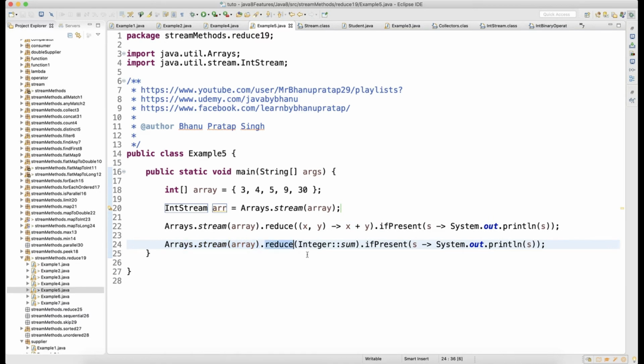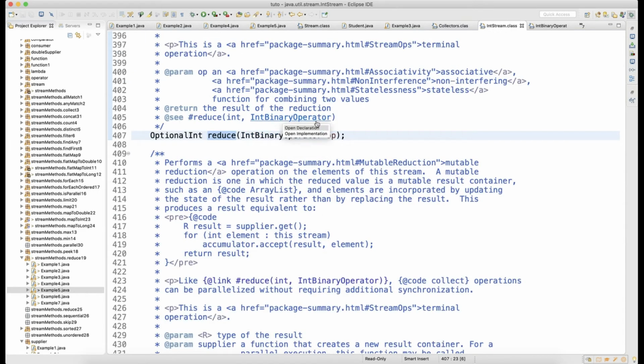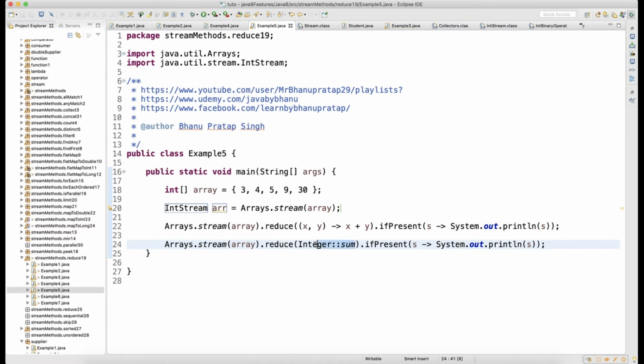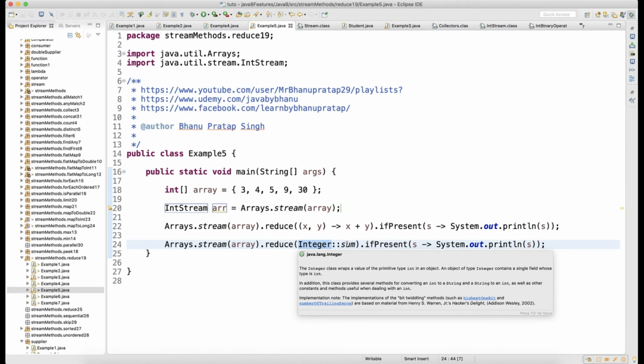The second way, guys, is with the same IntStream, you write dot reduce, and this is also a way of writing the int binary operator. Basically, you can write this as a method reference, and in the Java 8 stream API this will act like a function.